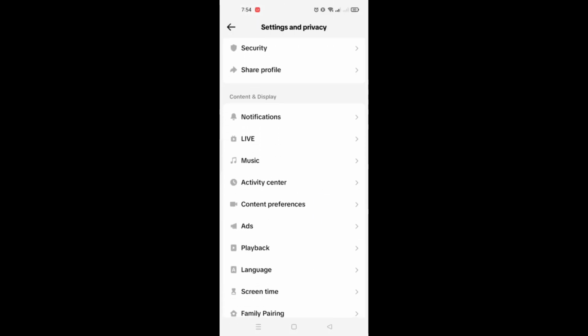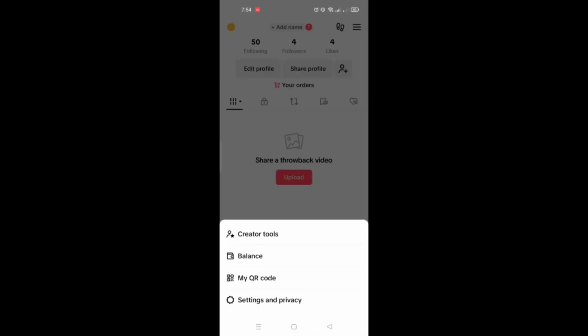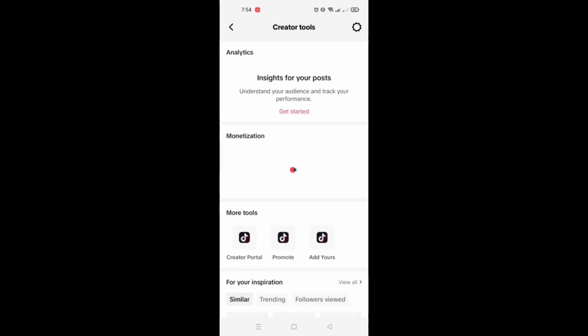and go to your settings and privacy. And you can also go to creator tools. From here, what you will do is you need to set up your TikTok shop profile. You can click on the TikTok shop for seller, and it would actually redirect you to the TikTok Seller Center